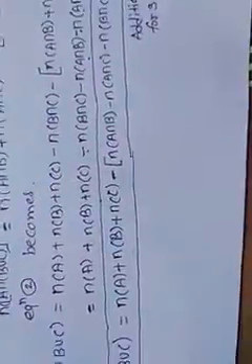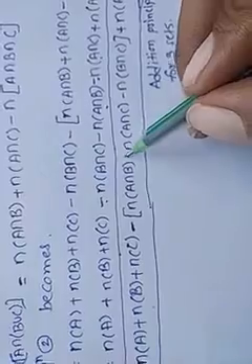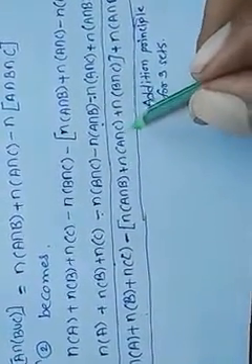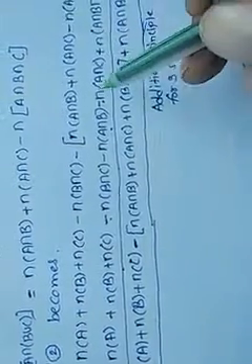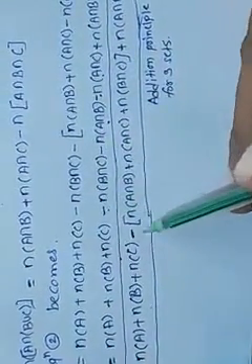Here this is our addition principle for two non-disjoint sets. Okay, it is our addition principle for sets A and B, and this is our addition principle for three non-disjoint sets. Okay, n of A plus n of B plus n of C minus, here, sorry, I have written minus, it will be plus. Okay, n of A intersection B plus n of A intersection C plus n of B intersection C, because we have taken the negative sign common.